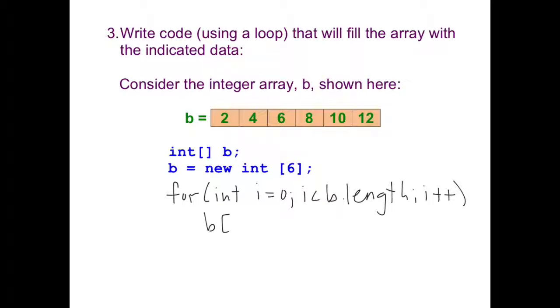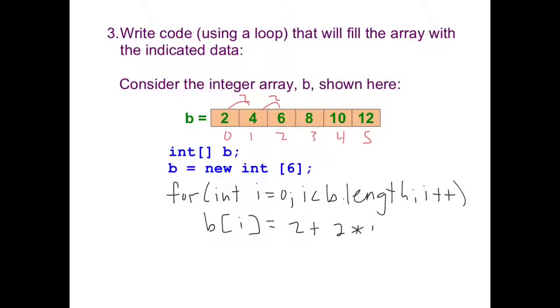and our b sub i will equal, now it's time to look at the pattern. 0, 1, 2, 3, 4, 5 are our indices. And since it goes 2, 4, 6, 8, 10, 12, if you notice, we're always going up by 2 each time. Okay? So we could say that we're going to be at 2 plus